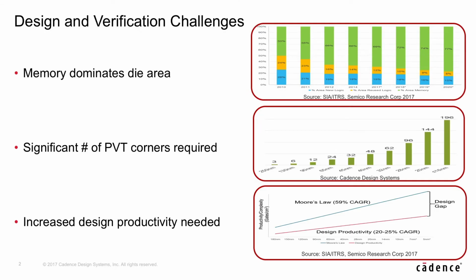And why we're addressing memory, the reason being is memory occupies the most real estate on the die. Our research shows that it's going to occupy even more space. So if we could address the biggest real estate on the die area, we could certainly help designers meet the challenges. Secondly, as we move down to advanced node, the number of PVT corners that is required